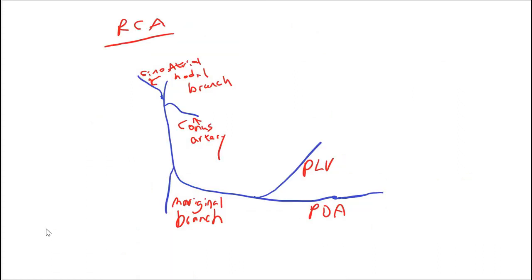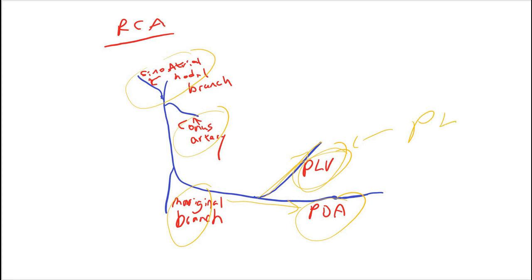The right coronary system, RCA, is pretty straightforward. Here you have the sino-arterial node artery, which feeds the sinus node. The conus artery, which feeds the right ventricular outflow tract. The marginal branch comes off of the RCA, and it continues on to be the posterior descending artery, the PDA, and it continues on to the posterior left ventricle artery. This is also known as the posterior lateral artery,